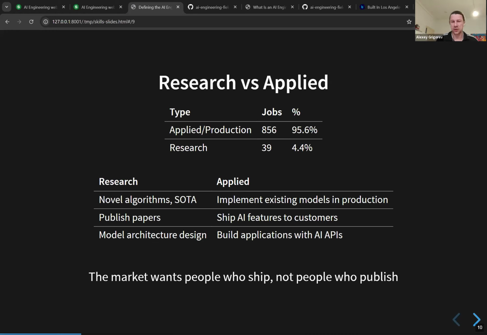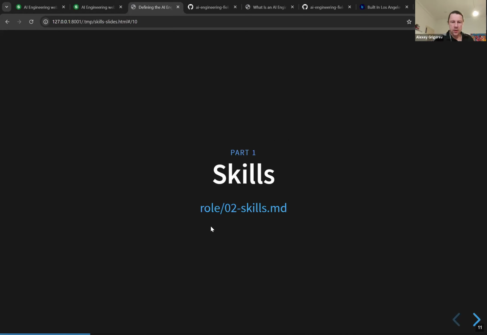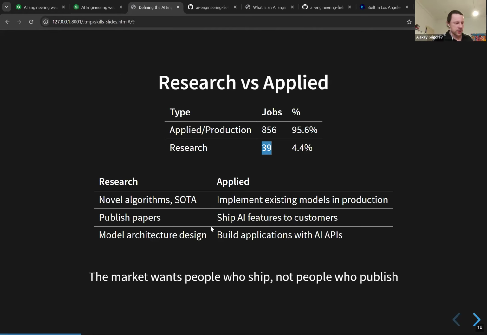We were looking for AI engineers, so this is more like just some noise in the data. I wouldn't expect any researchers to pop up here, but we see that sometimes it happens. Okay, so this was just a first glance at the data.